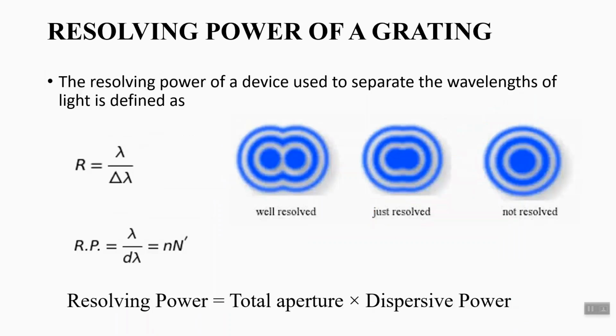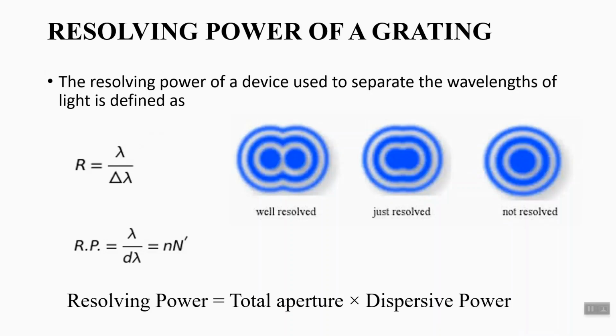Now let us describe the resolving power. One can measure one's ability to distinguish fine detail by increasing the aperture through which one is looking, or by using light of shorter wavelengths. A diffraction grating is a device with many parallel slits very close together. When light passes through a diffraction grating, it is dispersed into a spectrum.